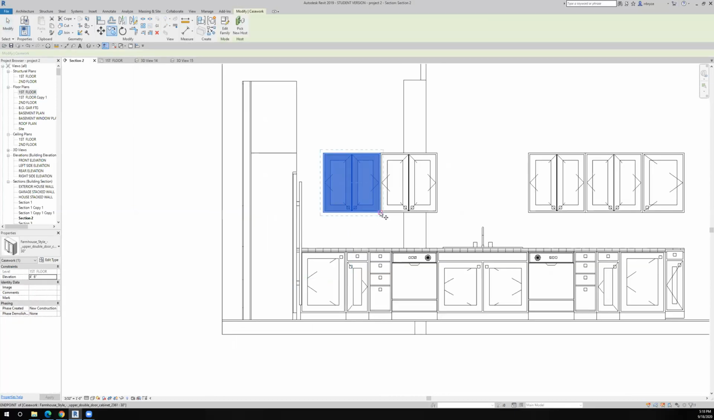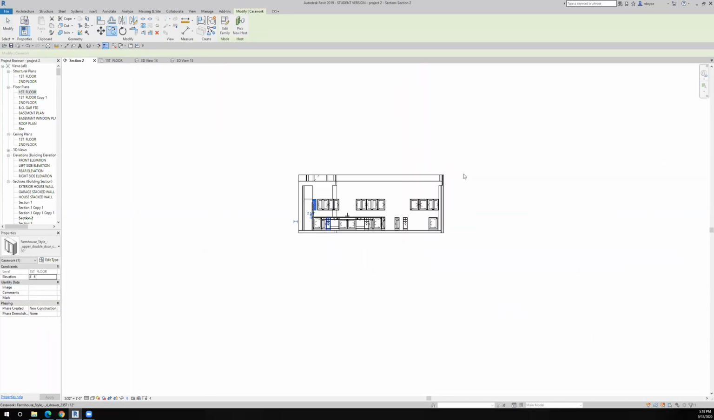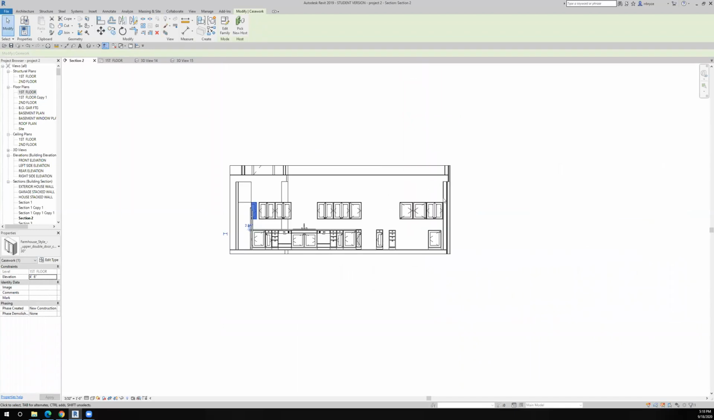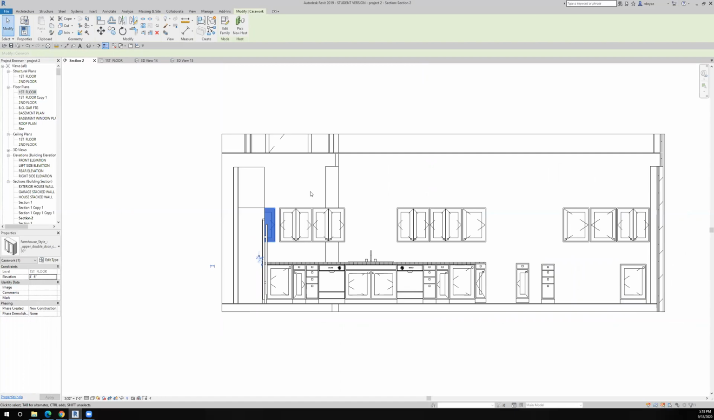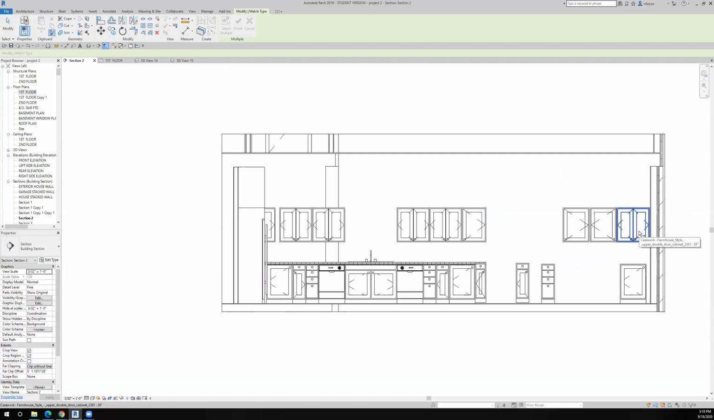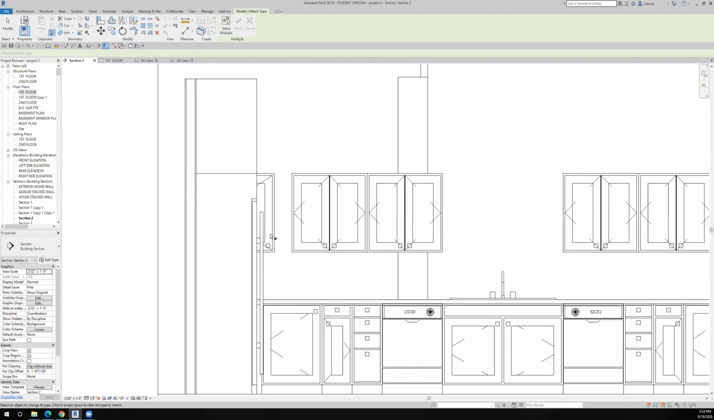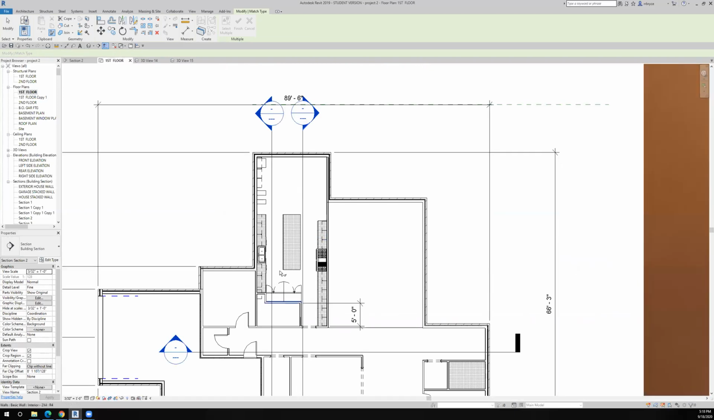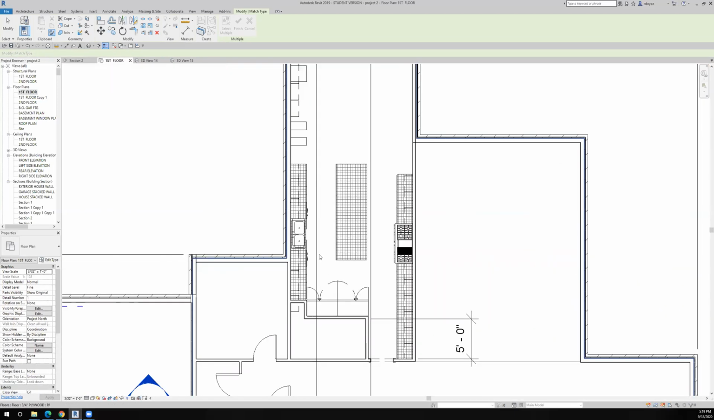It's not letting me copy it over because this wall, I think, is the host for this cabinet and this is a different wall. But now I can do the match properties. Match properties, I want it to be one of the singles, and then I'll just click on that and it'll make it a single. And let's go back to the first floor, and I'm going to move my section line